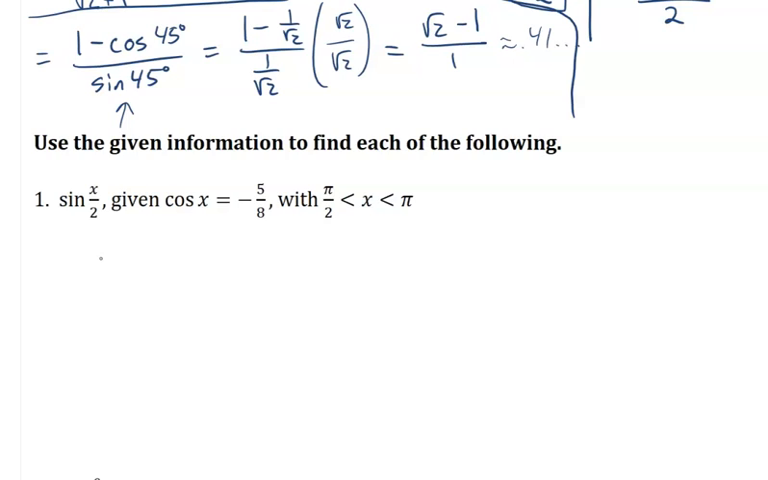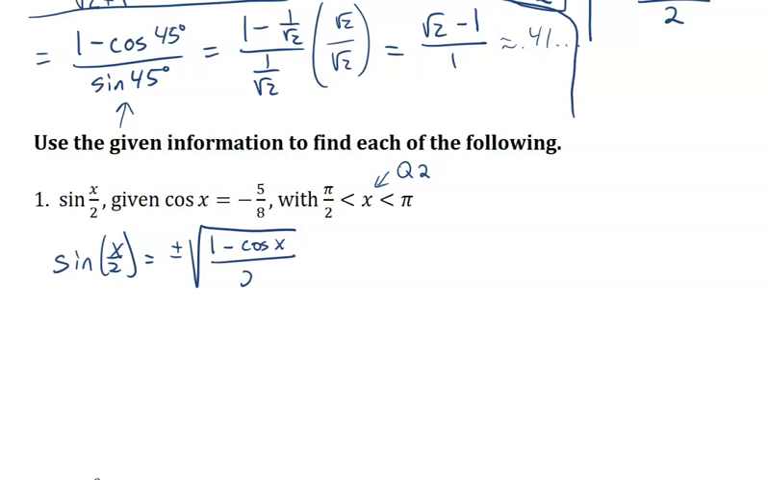Okay, next. So here we are looking for sine of x over 2, given that cosine is negative 5/8, and that x is between pi over 2 and pi, meaning that x is in quadrant 2. So sine of x over 2 is equal to, we're going to come back to the sign in a second, plus or minus root 1 minus cosine of x all over 2. Now, I don't want to keep this plus or minus on here. Well, we can do the plus or minus at the end, but let's go ahead and think about it now. Since x is in quadrant 2,